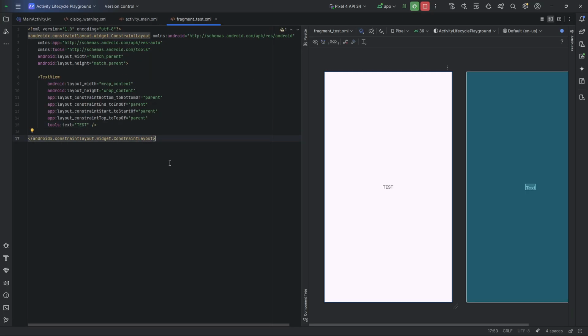So we have this as a test fragment. I actually now want to put a couple of buttons underneath this. So I think I'll change the height to be 300 dp, make it a bit shorter to give myself some more space. I'll do an auto format to bring the ID to the top. And then I'll do a button underneath this. So button, make it a bit shorter to give myself some test view there, just for the previews. And then layout, is centered. It's probably the quickest way to center it in the container. And we'll give the text view just a simple ID saying fragment text. So now we have a layout. We can go back to